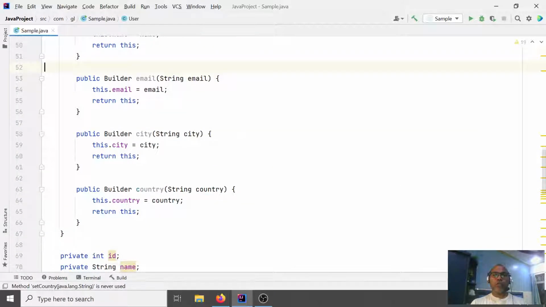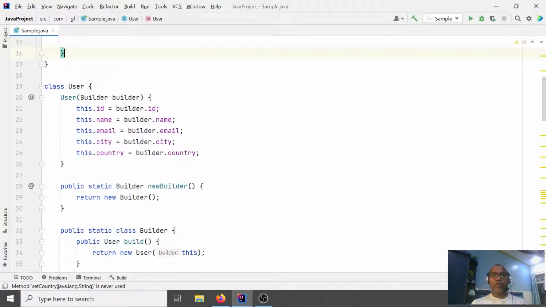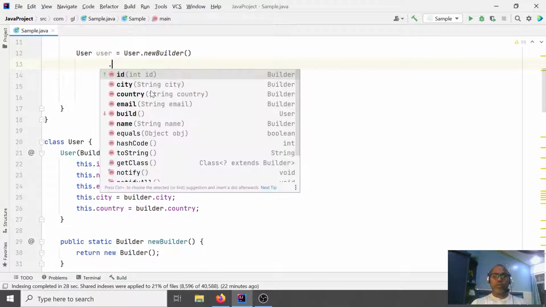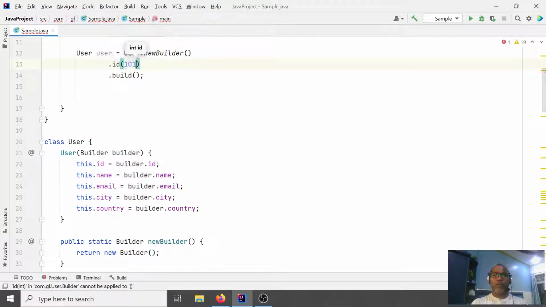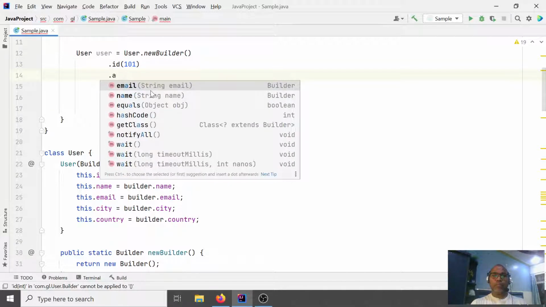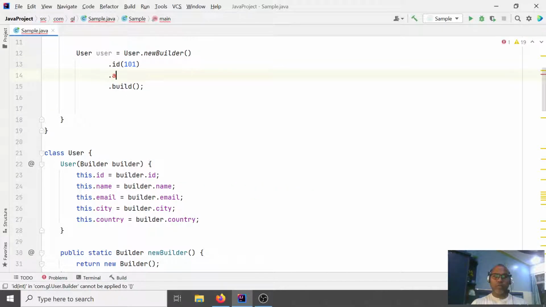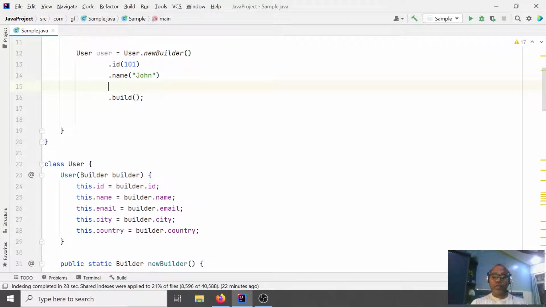So now you are ready to set any field. Let's say I want to set id, so id 1. I want to set name, and I want to set city.